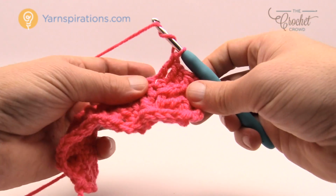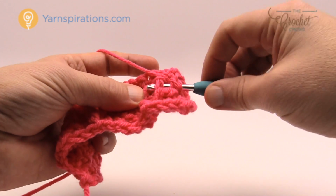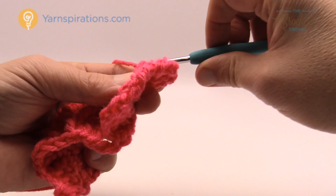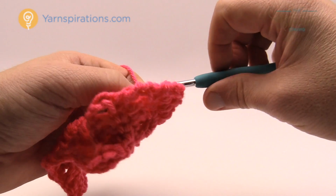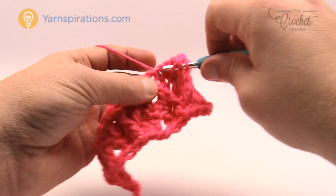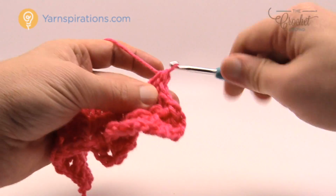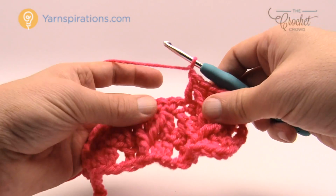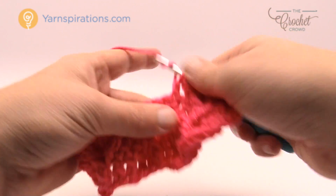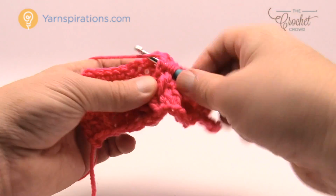So wrapping the hook twice first, coming into the same stitch, pull through 2 and 2, and then do the final one here for the double crochet. Chain 1, okay, go to the next one. So we start off, but we do not finish that stitch. We go and do the lark's foot track,